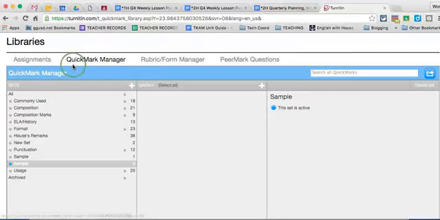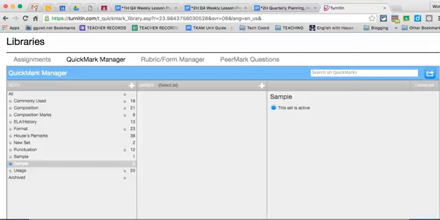Alright, back to the other option I was showing you. Here are your already existing Quickmark Manager sets. And this is really nice because if you didn't want to set up your own set, those are already available to you. Personally, I don't like using the previously created sets that come with the website because when I go